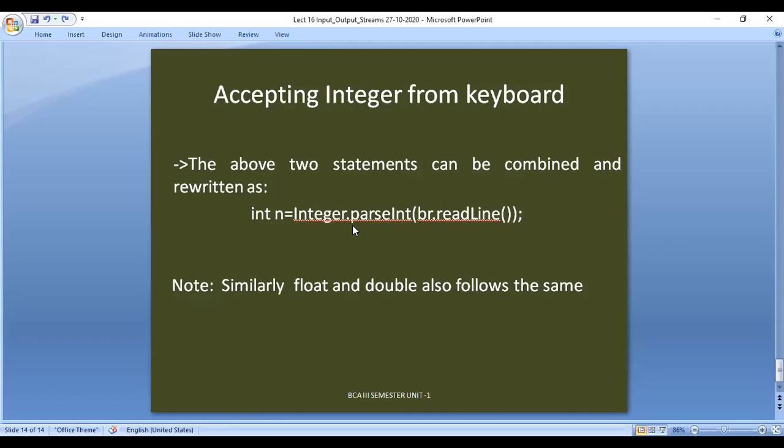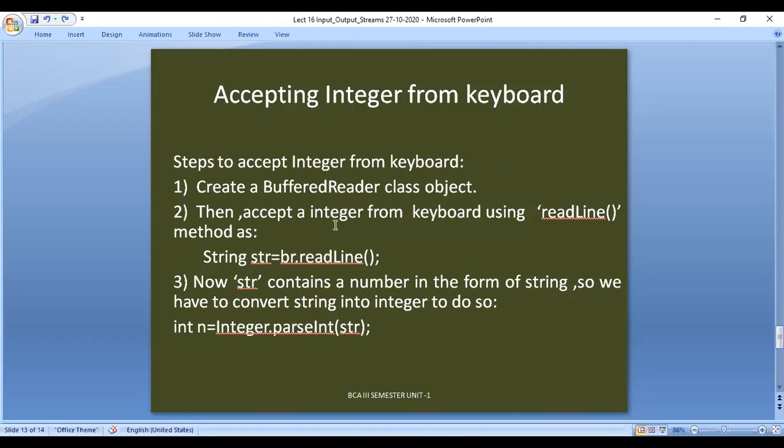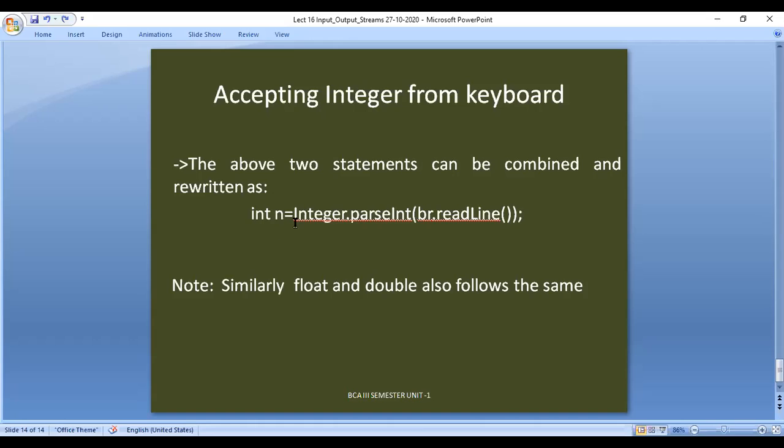So you can observe that String str equals br.readLine and int n equals Integer.parseInt(str) will be combined and written as int n equals Integer.parseInt(br.readLine()) directly. Similarly, float and double also follow the same.